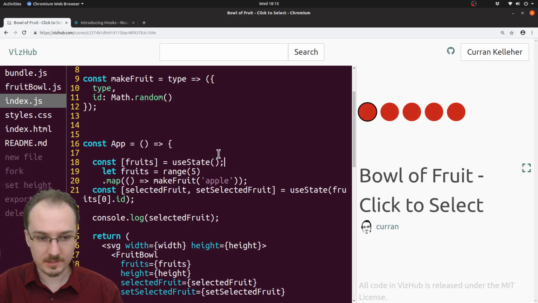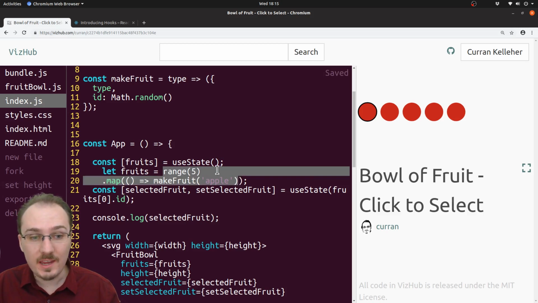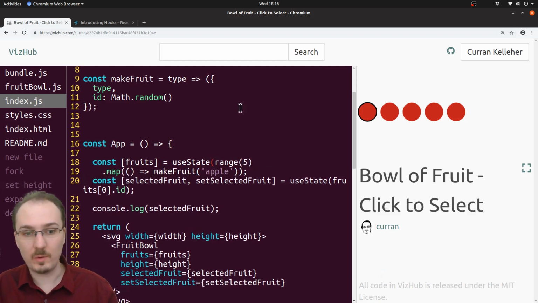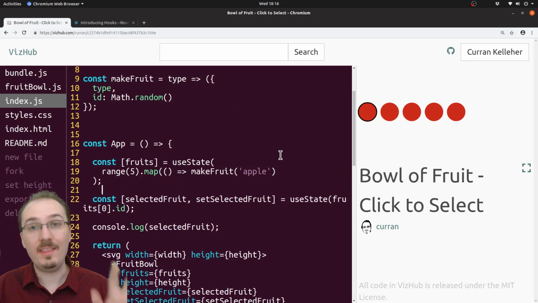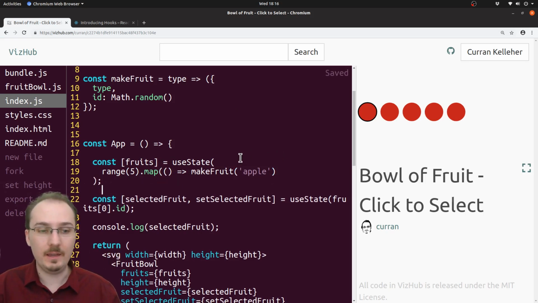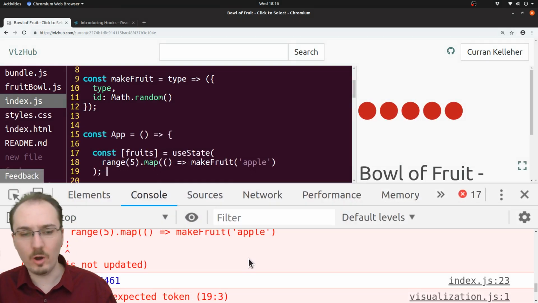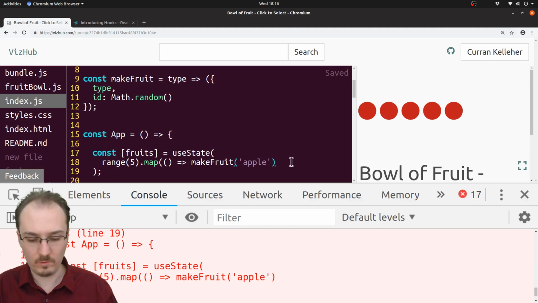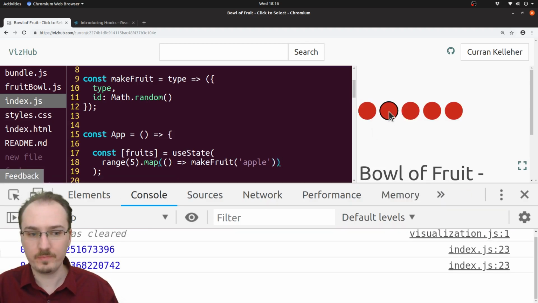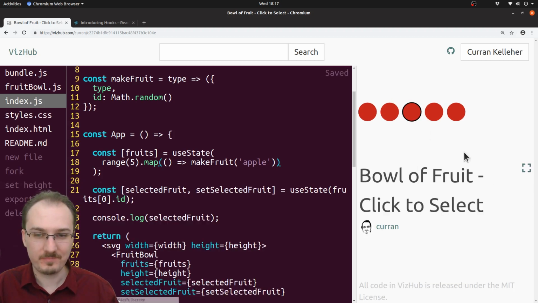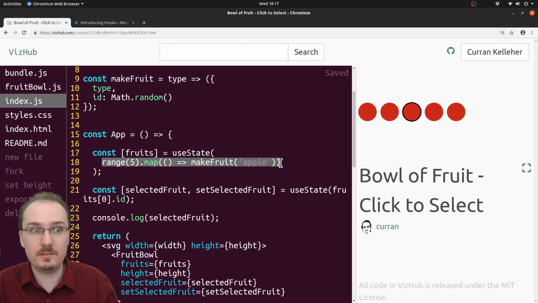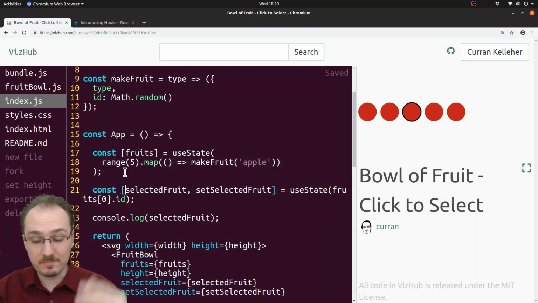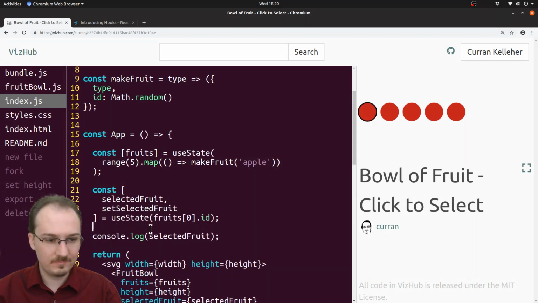So we're going to say use state, and then we can pass in to use state the initial state. So we're passing in d3.range of 5.map make fruit apple, and that will be our fruits. And I think this should work now. Oh, we've got an unexpected token. Oh, missing a parenthesis there. All right, now it works. Okay, great. So the moral of that story is, whatever you pass into use state the first time is used as the initial state. All right, awesome. I'll just clean this up a little bit so it doesn't wrap. And I'll get rid of this